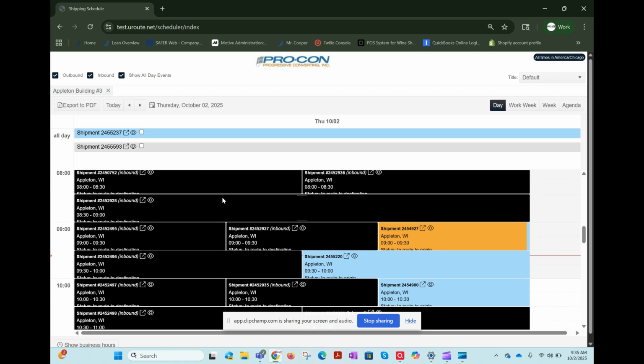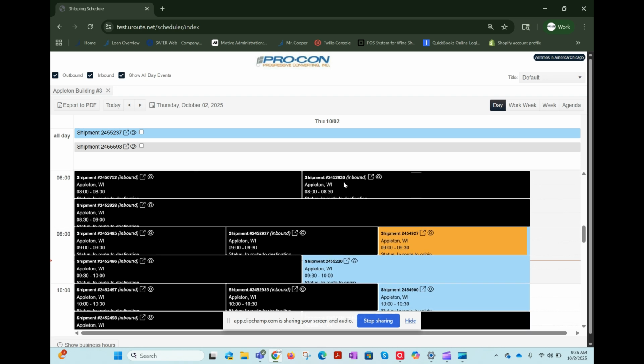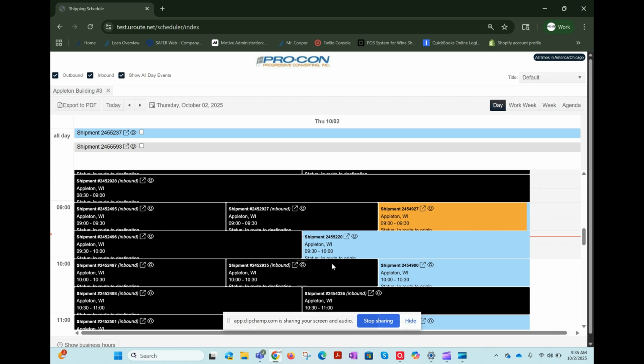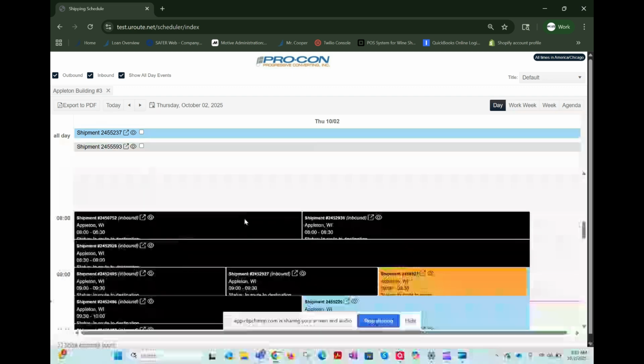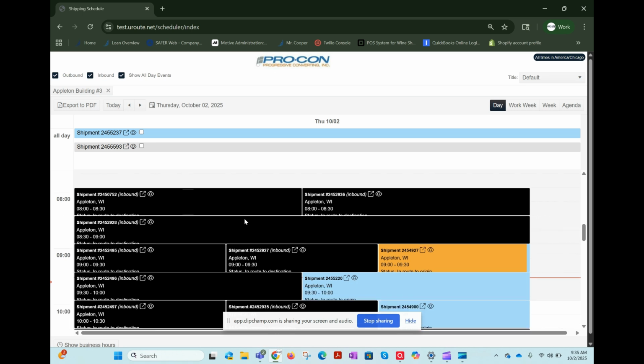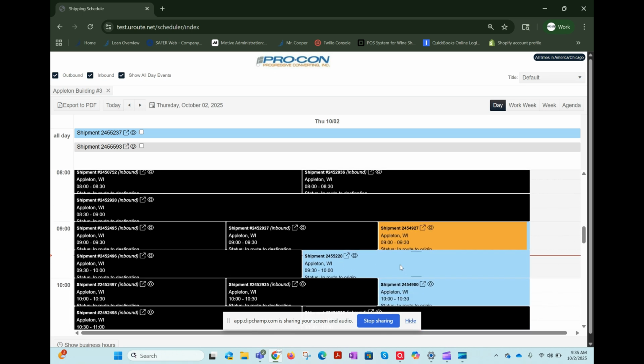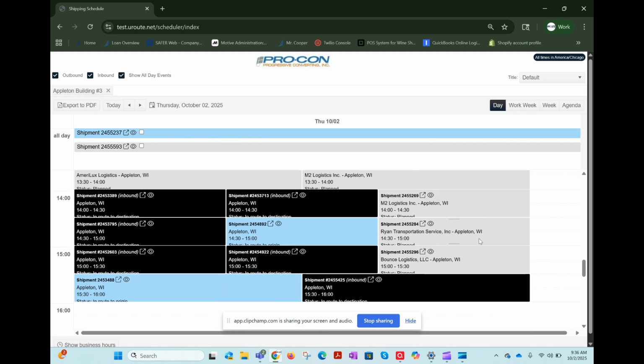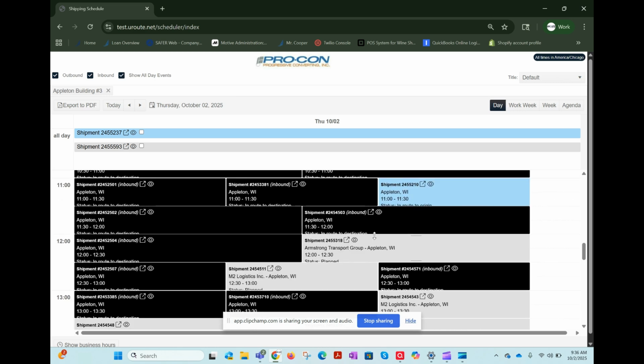When you get to the scheduler, you're going to see all of your shipments that are planned for the day. The color coding is based on certain things. Black is it's already left your facility or it's already been unloaded. Blue means it's en route. Orange is it's in loading or unloading. There are other colors, and if you click on it,